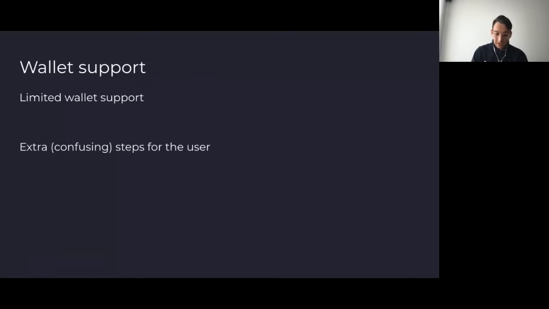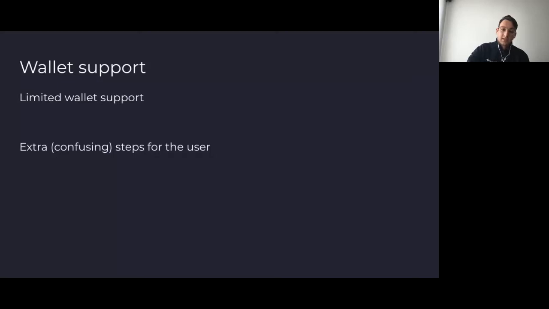For example, if we look at MetaMask, which is one of the most popular wallets, they don't really support these different signing curves for ZK rollups. So what products end up doing, for example, we do that at DeversiFi, I believe Loopring, ZK Swap, and StarkWare, and dYdX, which also use StarkWare, do similar things where basically a different key is generated for the user that is compatible with the rollup, and then that key is encrypted with their Ethereum wallet.